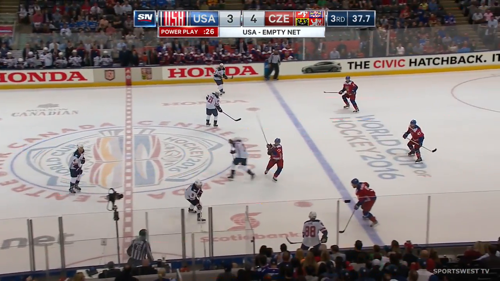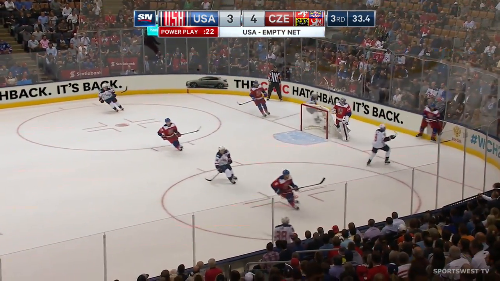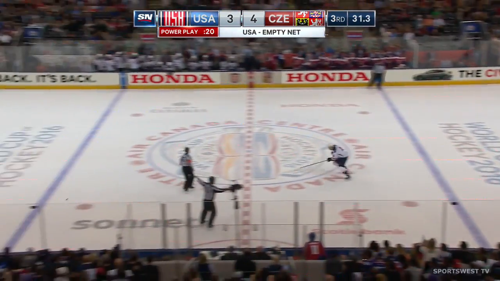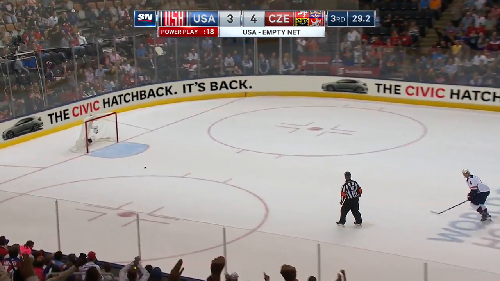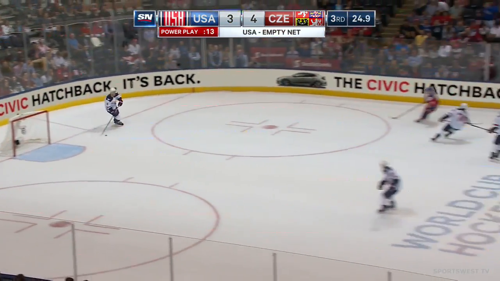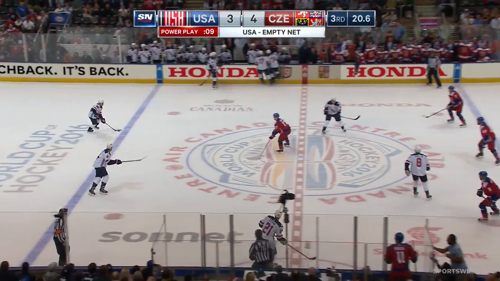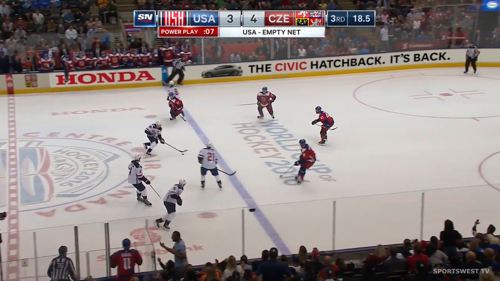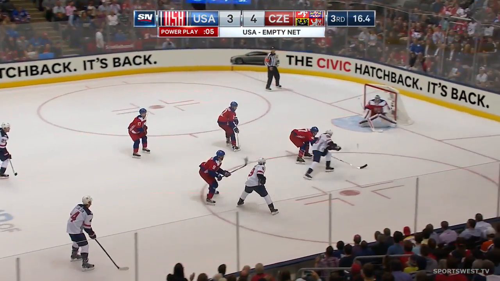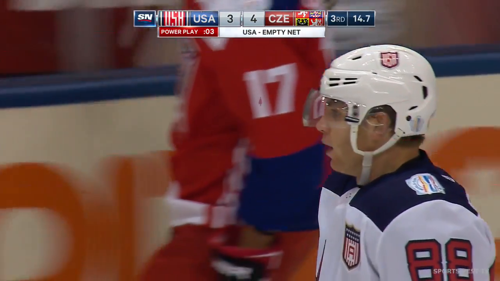A one-goal lead for the Czech Republic. Pavelski, the shoot-in. Mrazek stops the puck. Jordan off the boards by Kane, down the ice. And he just missed it. Just off the side of the net. One last rush in this third period. Patrick Kane leads it. Straight up the middle. 1-on-4. Backhand shot. Deflected out of play with 15 seconds to go in the third period.